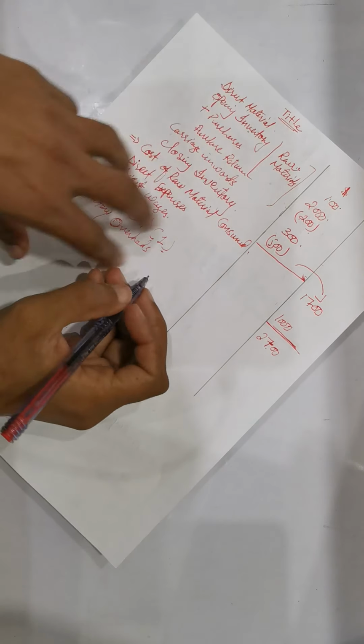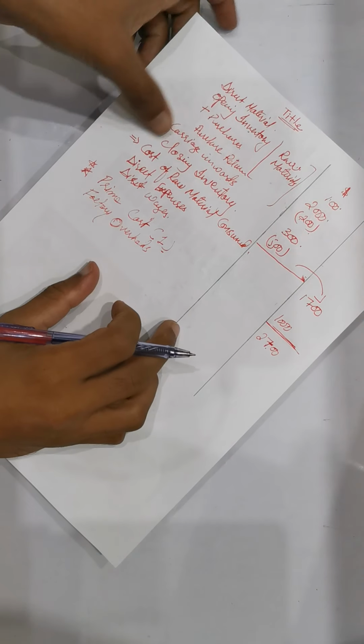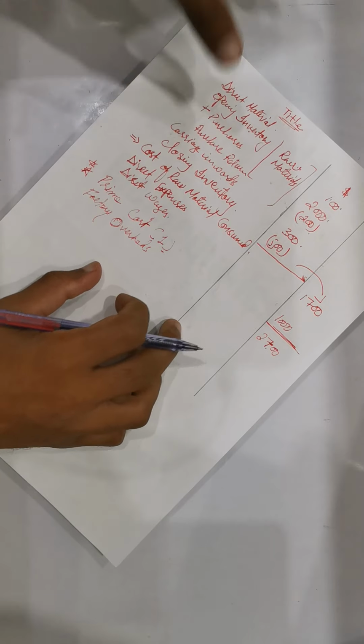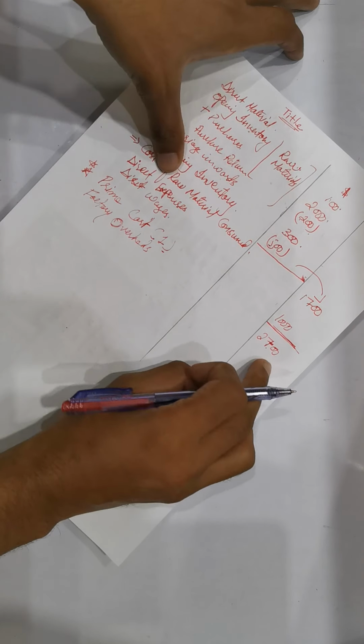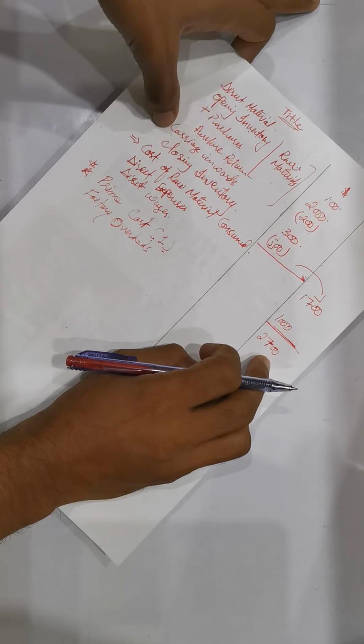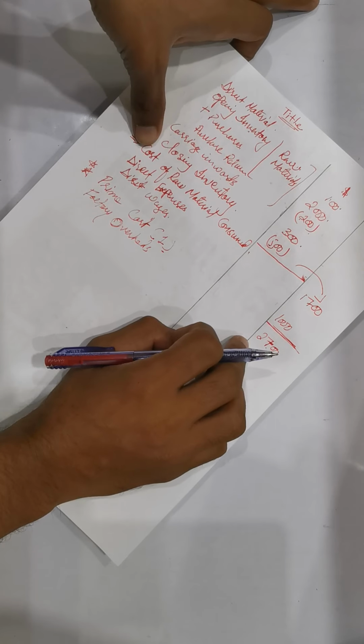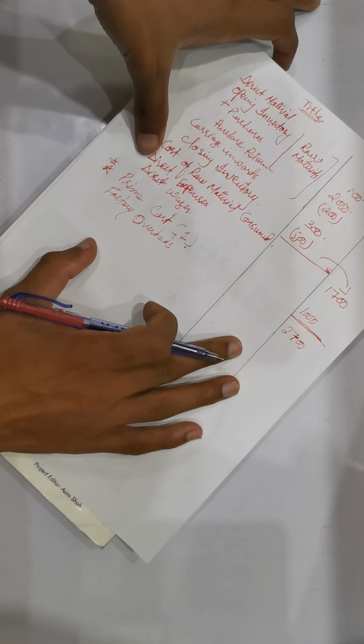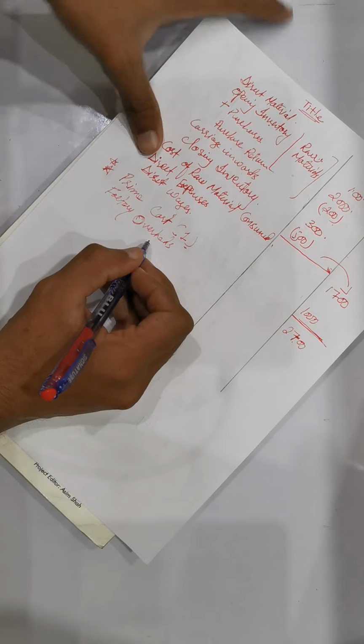Okay, class. This was what we were doing in our last class, in our last video, and we had calculated till prime cost, which was 2700, and I have already told you how significant this is. Now, the next thing which we'll be doing is we'll be writing factory overheads.